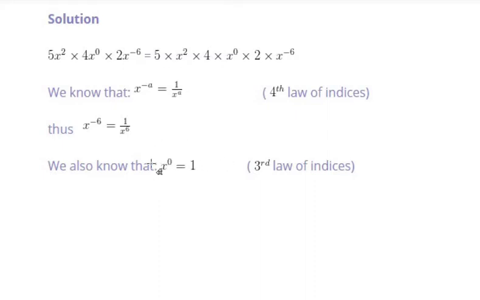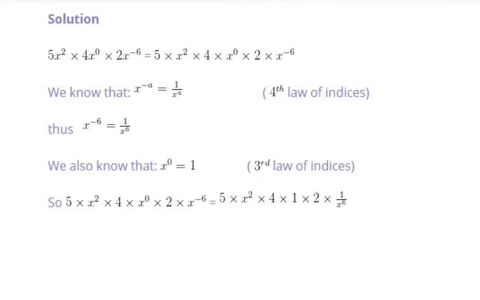Now, let's look at the x raised to the power 0. The third law of indices says anything raised to the power 0, so long as that variable itself is not 0, is 1. So x raised to the power 0 is 1. 1 raised to the power 0 is 1, 2 raised to the power 0 is 1, anything raised to the power 0 is 1, and that's the third law of indices. So if we apply this to our equation,